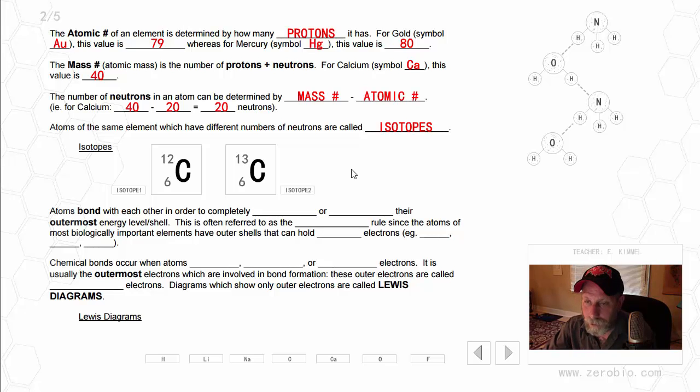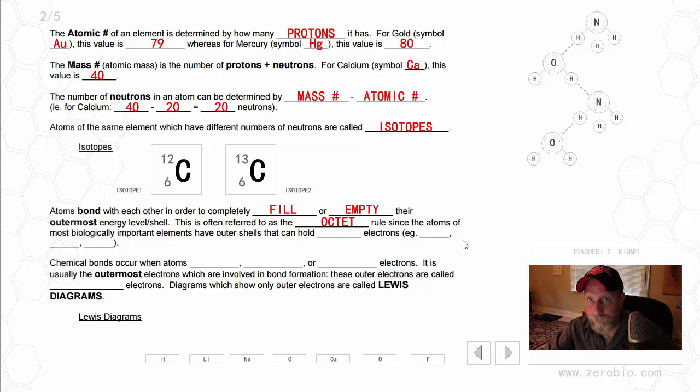Okay, now we're getting into bonding, and I know the video's long. Atoms bond with each other in order to completely fill or empty their outermost energy level or shell. They want to deal with that outermost level, the skin of the atom. They don't really care about the inner core if there are outermost electrons. It's the outer ones that matter. They either want to fill it or they want to empty it, and they want to achieve a certain kind